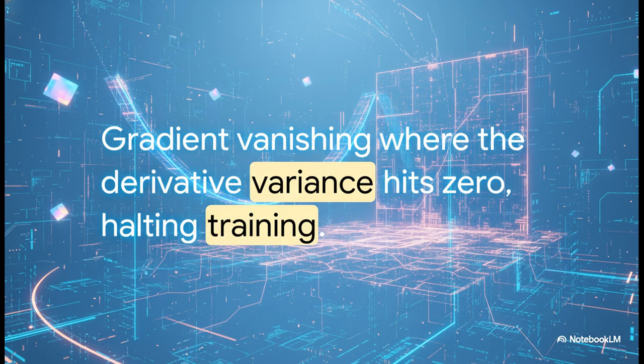Welcome to the ultimate boss battle of month 7, the barren plateau problem. As you try to train these hybrid networks, you'll inevitably hit a mathematical wall where the gradient simply vanishes and the variance of the derivative approaches 0. Your training just halts. Overcoming this specific roadblock and finding ways to preserve that gradient, that is exactly what will